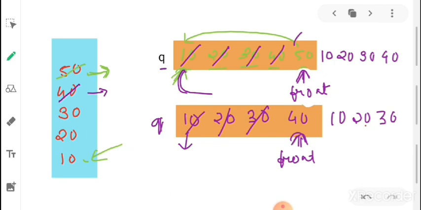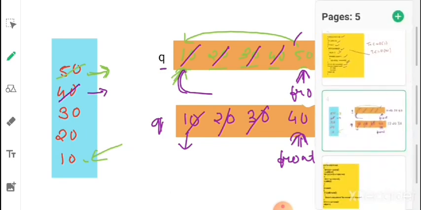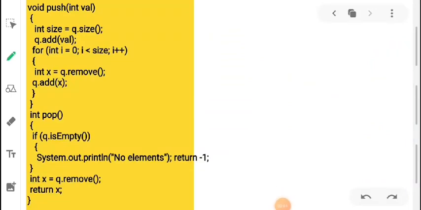Let's see the pseudocode for this. This is the pseudocode of the approach that we have discussed using a single queue. For pushing an element into the queue, we are just adding the value into the queue, and then we remove elements from the queue and add them again. If we want to pop, we'll check whether our queue is empty or not.